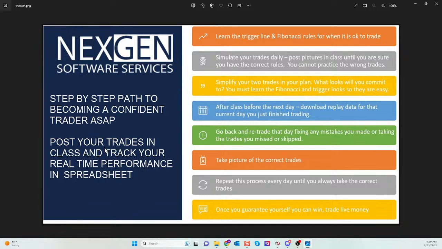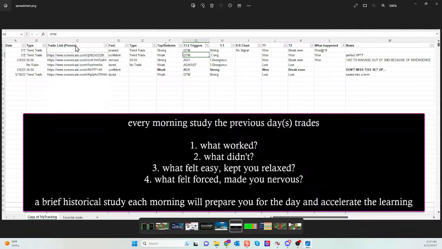If you look in your Nexgen study picks folder, there is a spreadsheet that allows you to track your trades on the first page. It becomes your trade journal. Every time you take a trade, you can drop it into this trade log, right? What type of trade is it? When did you take it? How did you feel? Were the rules met? What were the conditions and what was the result?